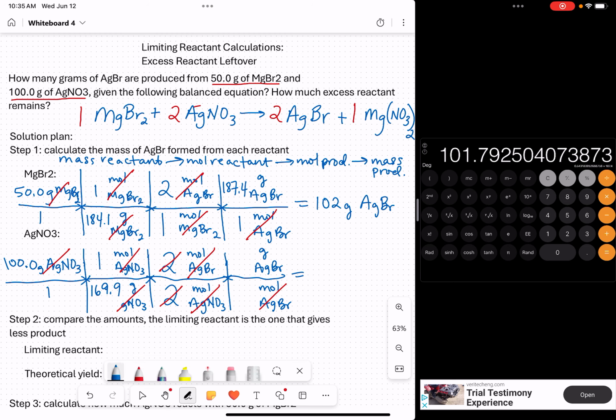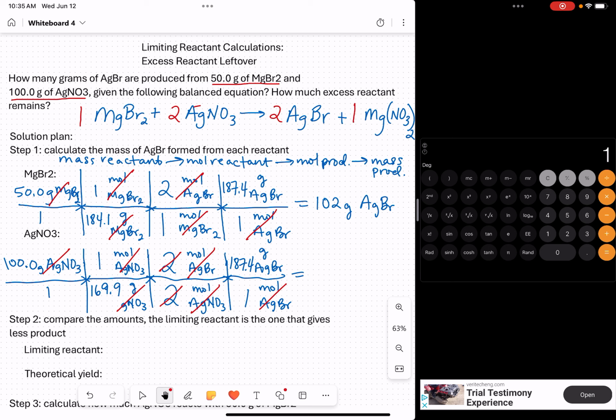Lastly, the molar mass of silver bromide, again, is 187.4. So the last step is identical because you're converting from moles of the same thing to grams of that same thing. So let's do the math. Starting with 100 grams, dividing by the molar mass, 169.9. I'm skipping the middle step because multiplying by 2 and then dividing by 2 gets me back to where I started. So then I just multiply by